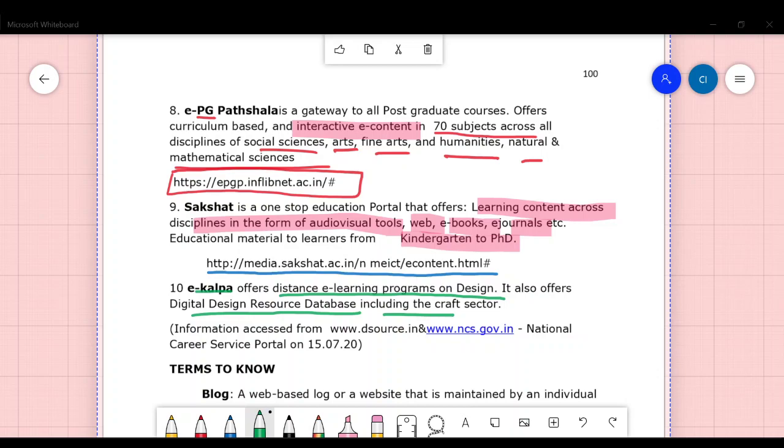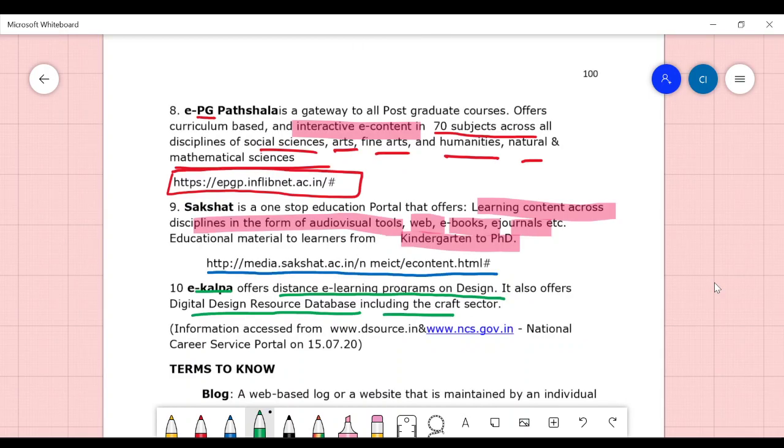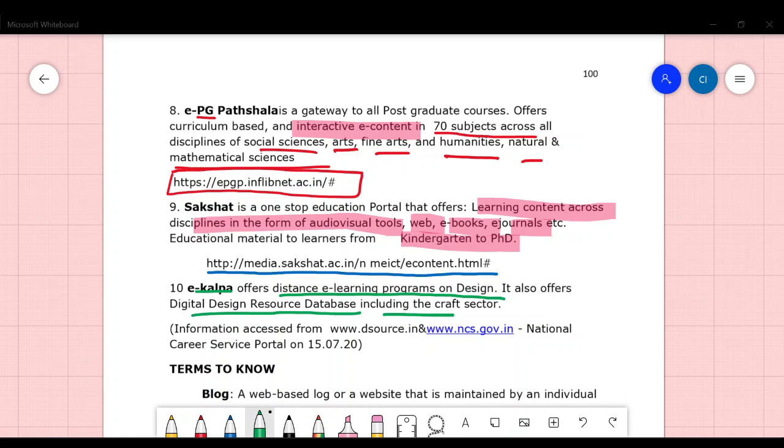Okay, so make a list of what all we have seen. You have to write all the 10 points there, and these 10 points, or just a minute. We can have a last try there. NCS, ncs.gov.in. It's all about